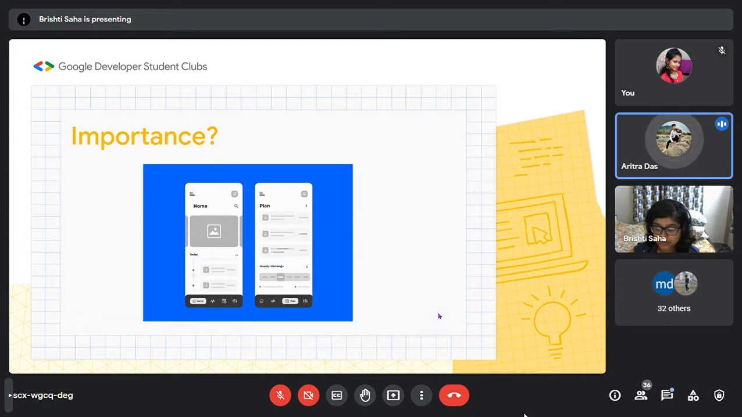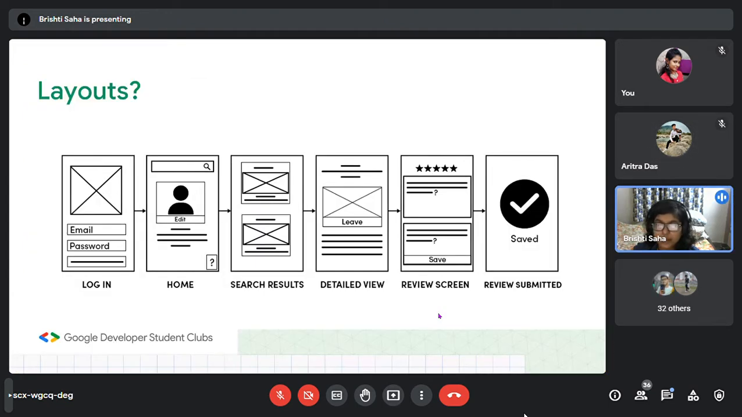Okay. So we come to layouts. We have talked about wireframes and why they are important, but what exactly does a wireframe look like? Over here you can see there's a login page, a home page, search results, detailed view, review screen, and review submitted. So basically, this is the process where you submit a form or submit reviews in, suppose, Google